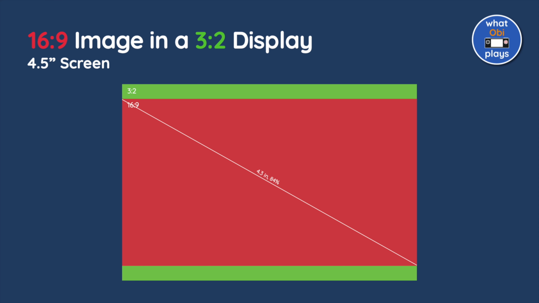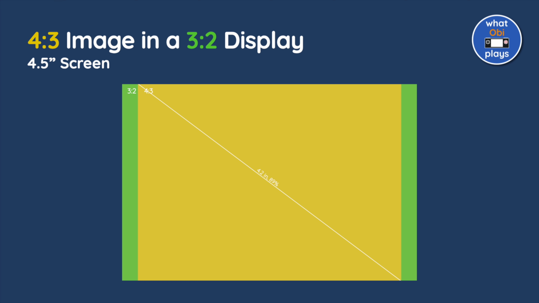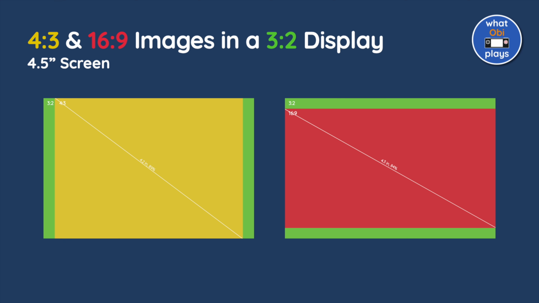When playing 16:9 content on a 3:2 display like the Pocket Ace, we get a much bigger picture, where we're using 84% of the pixels and we only lose out on 0.2 inches on the diagonal. Playing 4:3 content, we get even more pixels with 89% of the screen real estate and a 4.2-inch diagonal. So if you plan on playing both 4:3 and 16:9 and want to minimize black bars without using overlays, 3:2